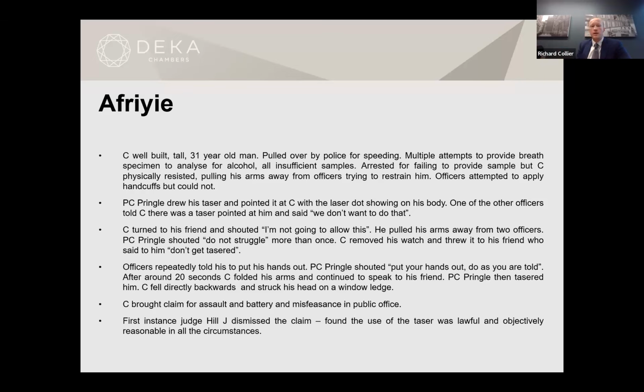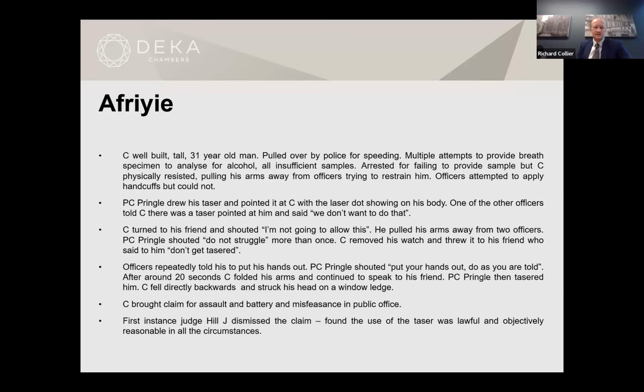But the claimant is still being asked repeatedly to put his hands out. He's being shouted at, put your hands out, do as you're told. But a period of time later, about 20 seconds later, he instead folds his arms and just ignores the police officers and continues to speak to his friend. So PC Pringle decided to taser him, causing him to fall backwards and strike his head, thereby causing injury. He brought a claim against the police for